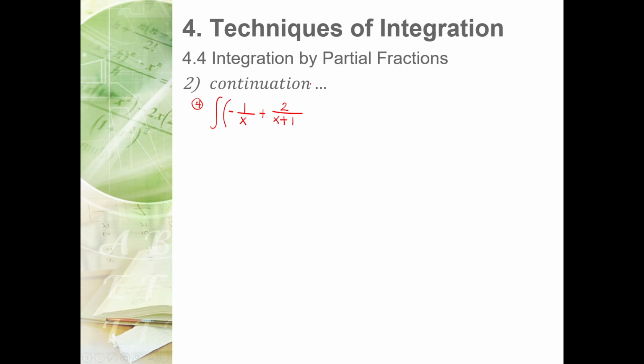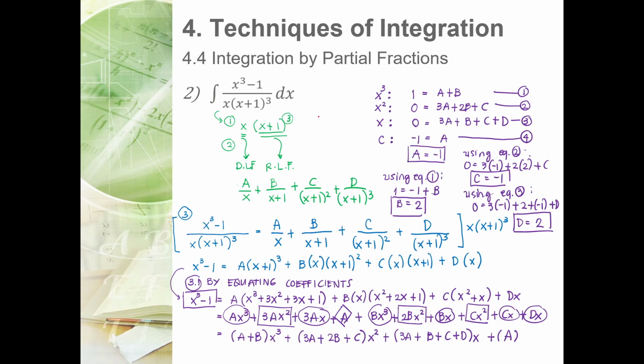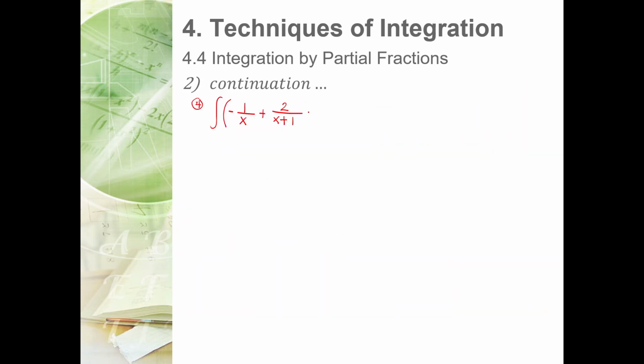So let's try to verify. So c is negative 1, then d is 2. So negative 1 all over x plus 1 squared, then plus 2 over x plus 1 cubed, dx. Okay, so upon integration, you're going to integrate the individual terms inside the parentheses because you need to